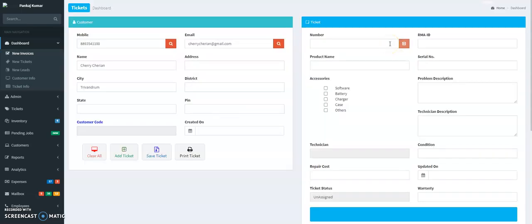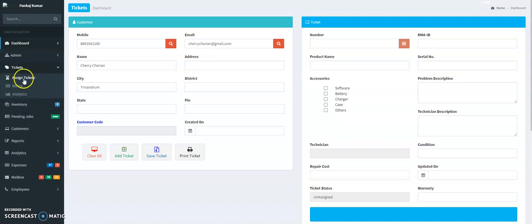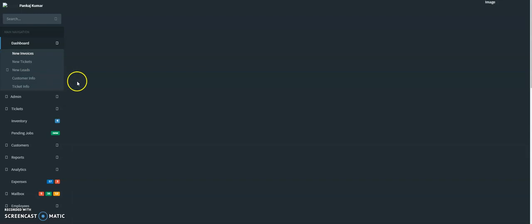Once the ticket is created, we can add the ticket and we can print the ticket. And once the new ticket is created, we go to the tickets page and we assign the ticket.